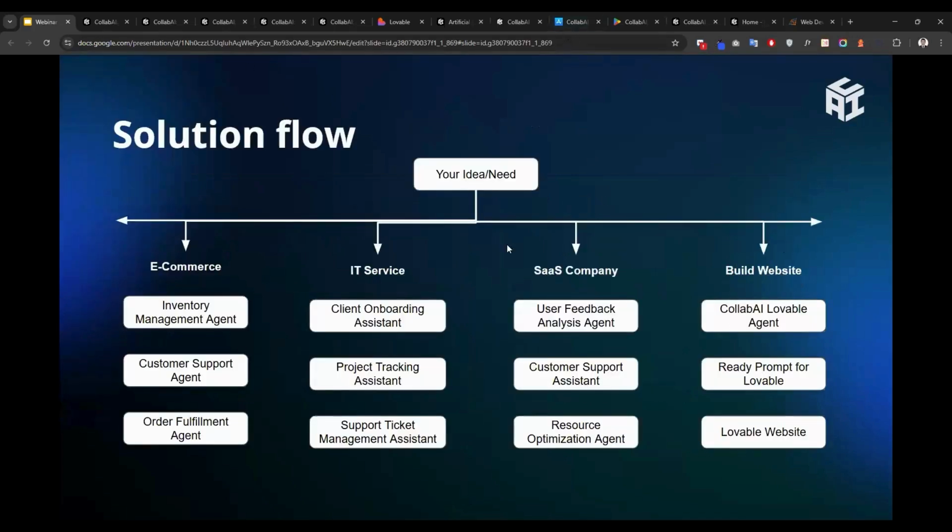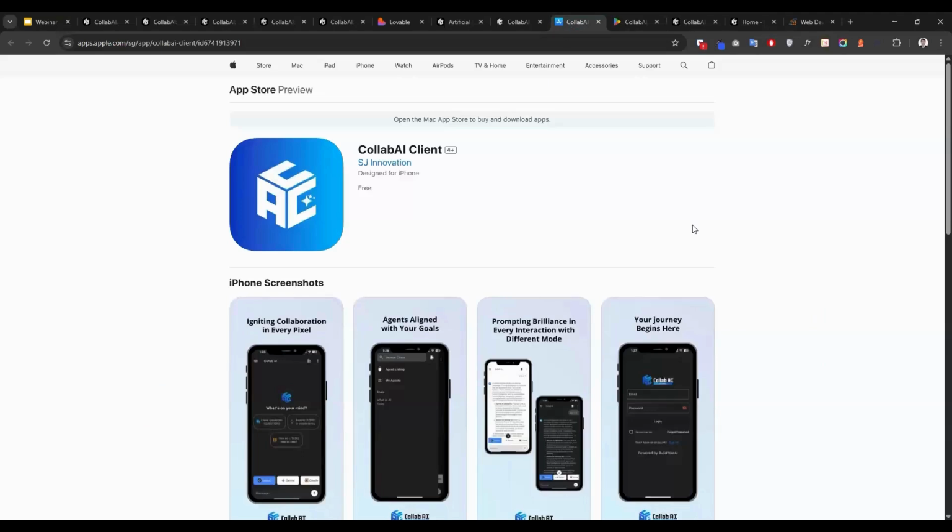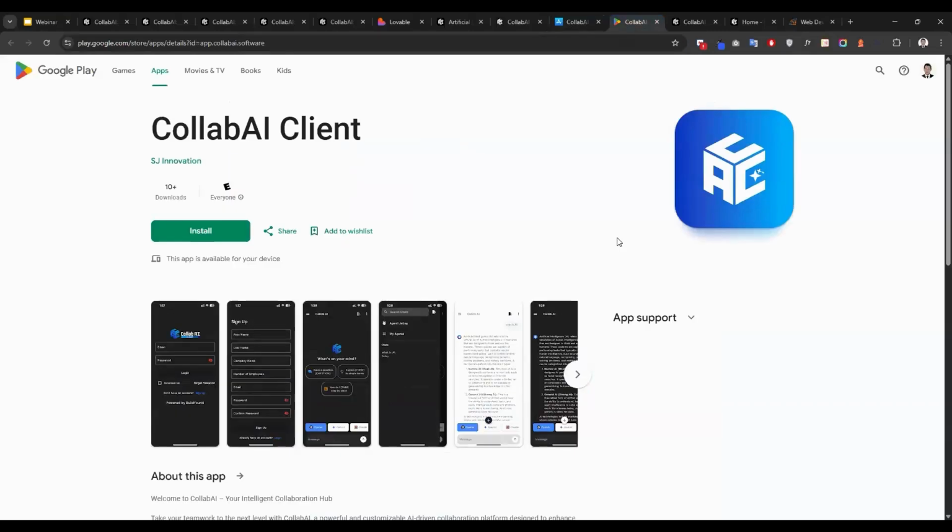To have all of these services with Collabai, you can use our web platform, the iOS App Store app, or the Android mobile app. For your better accessibility, we have all of the platforms ready. You can dive into our services.